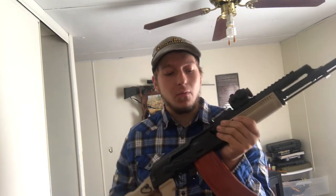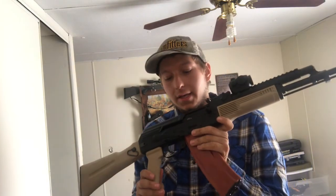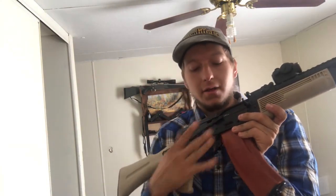So moving on to what the video is about, the Arsenal SLR104FR. And I will show you guys it is unloaded. Now, going over some of the upgrades I've done to the gun, I've added the Krebs enhanced safety. It gives you this little ledge so you can work the safety easier. Your standard AK safety, you have to come all the way up here to work it, and you're pretty much